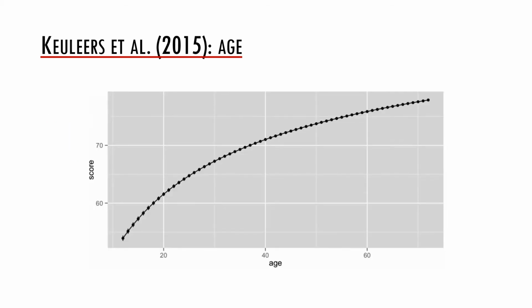This is a plot which shows a correlation between age and the score in the test. You can see a negative exponential curve. This means that the number of known words grows with age, but the growth gradually slows down. Crucially, this shows a clear relation between age and the vocabulary size, and we can see that the vocabulary size grows even in old age. This is a nice demonstration of the ongoingness of the process of word learning.